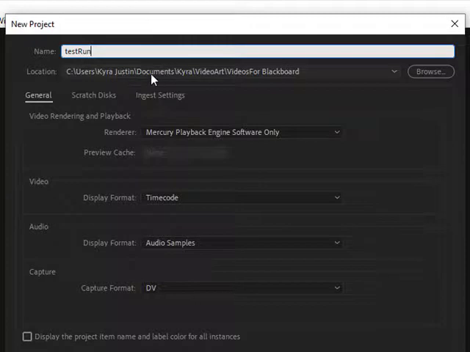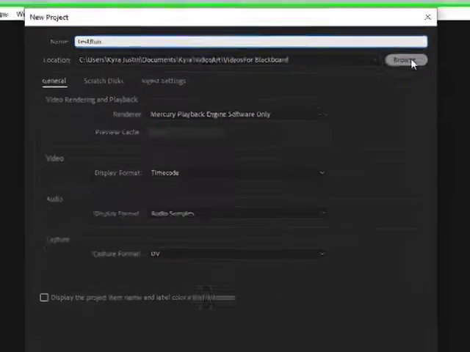Where do I want to save it? Well, what am I saving? I'm saving the Premiere file, which I'm going to show you is really just like a template of where you want all your clips to be. So it's a really small file. But the most logical place to put it would be in the same video art folder. So I'm going to browse